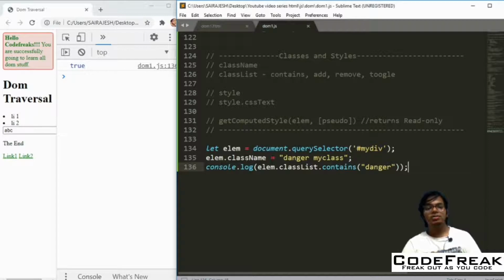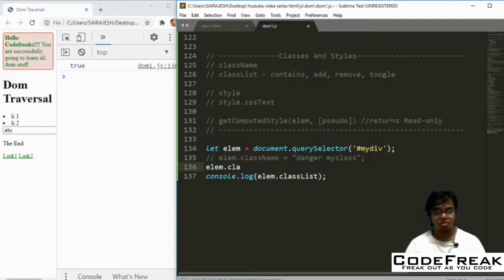So I'm just going to take this out from here. I'm going to just do this. So classList dot add. This is how you can add a class, and then inside that you can put in success. It already has success right now, right? So let's put in danger.